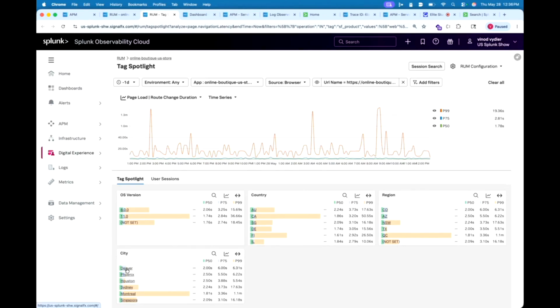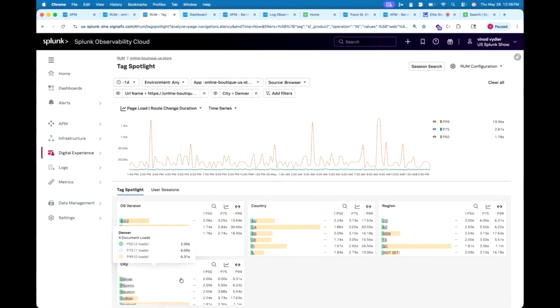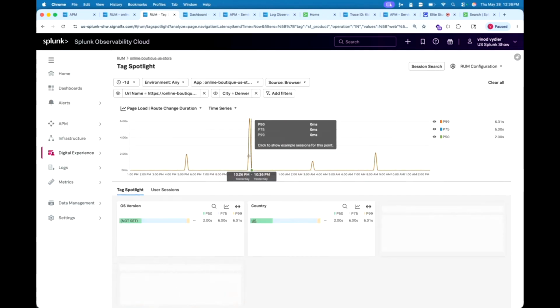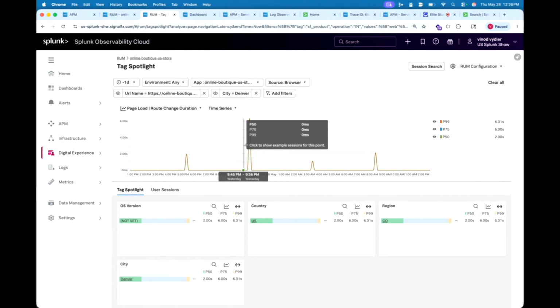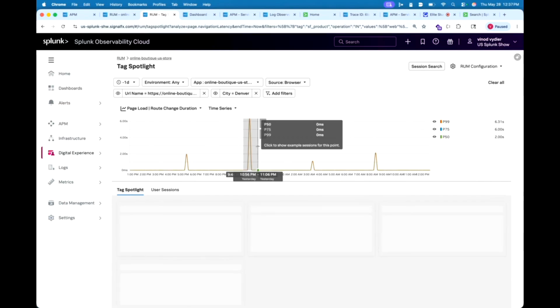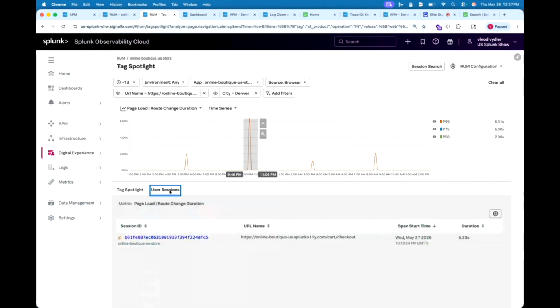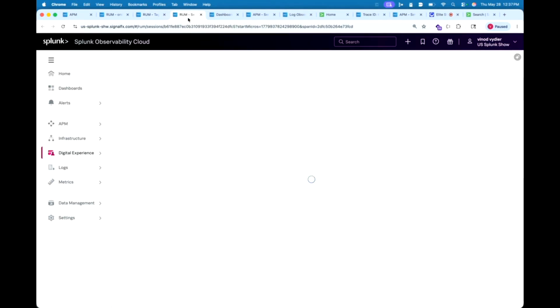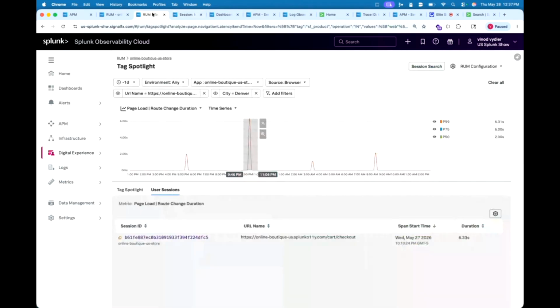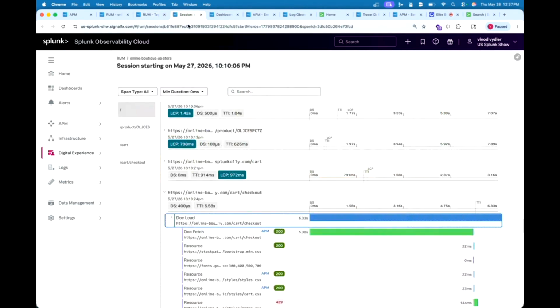I can easily, with one click, add to the filter, and I just get the users from there, and I can even go further down and look at a specific user session that had this high latency. So this poor user actually took a lot of time, right? This user took six seconds, and 6 seconds is an eternity in today's world on a page, right? So in that session, the poor user